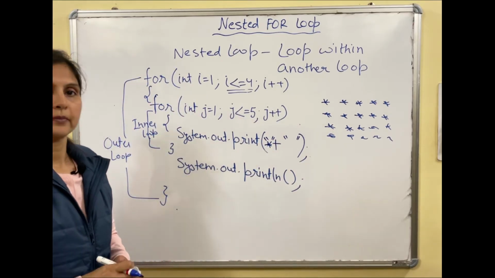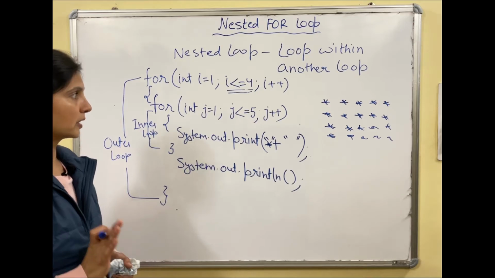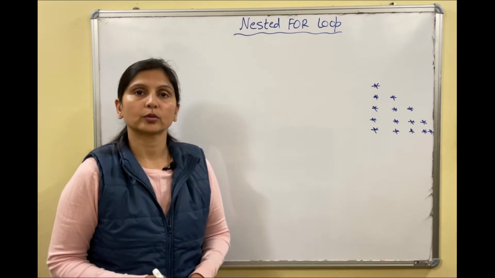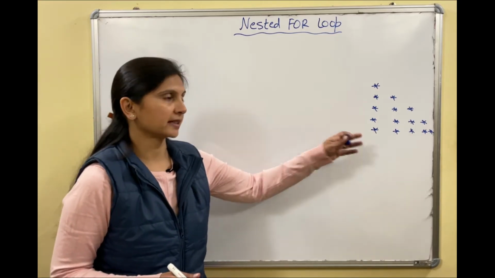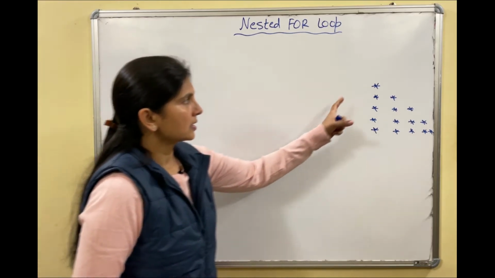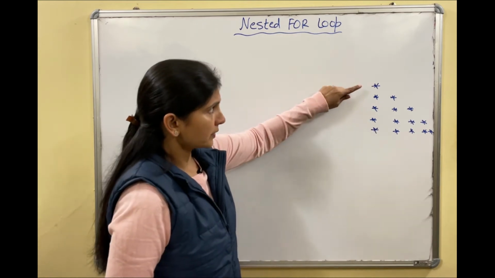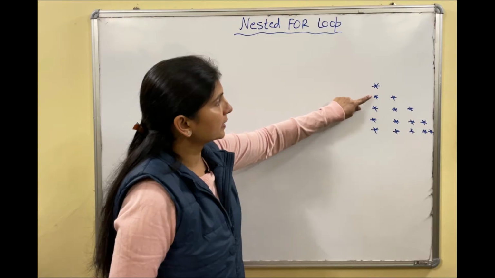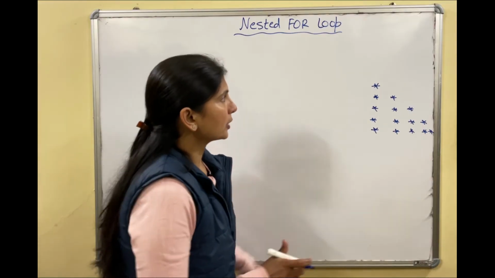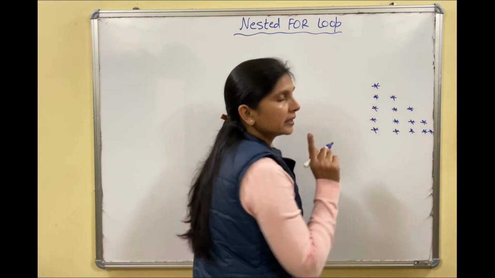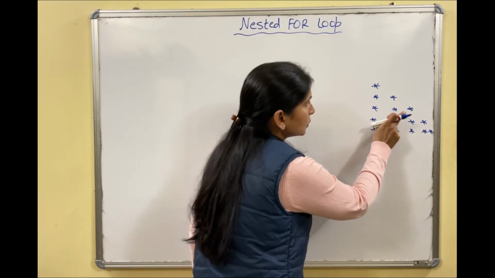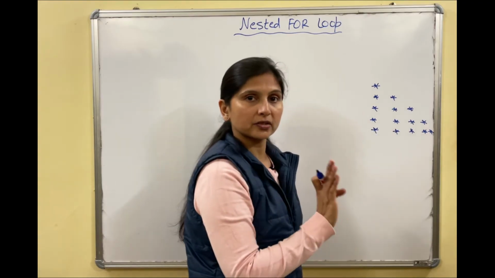This will be your next program. Fine. I hope you have understood now the working of nested for loop. Now the next program is: write a program to display this pattern. So this pattern you have to display by using nested loop only. Fine. So first we will understand this pattern. First we will see how many rows are there. 1, 2, 3, 4, 5. So 5 rows are there. Fine. Now if you see, in the first row only 1 asterisk is there. In the second row 2 asterisks. Third row 3 asterisks. 4 asterisks and 5 asterisks.